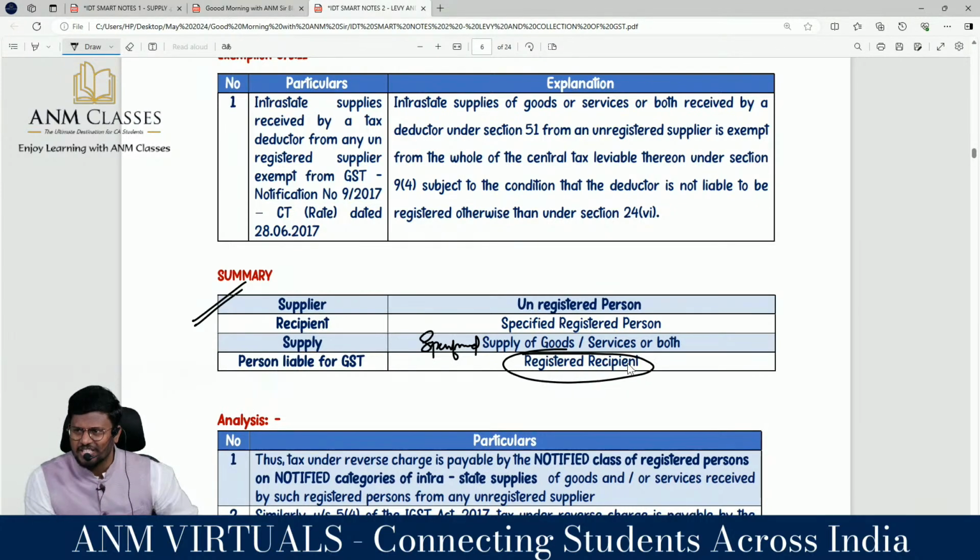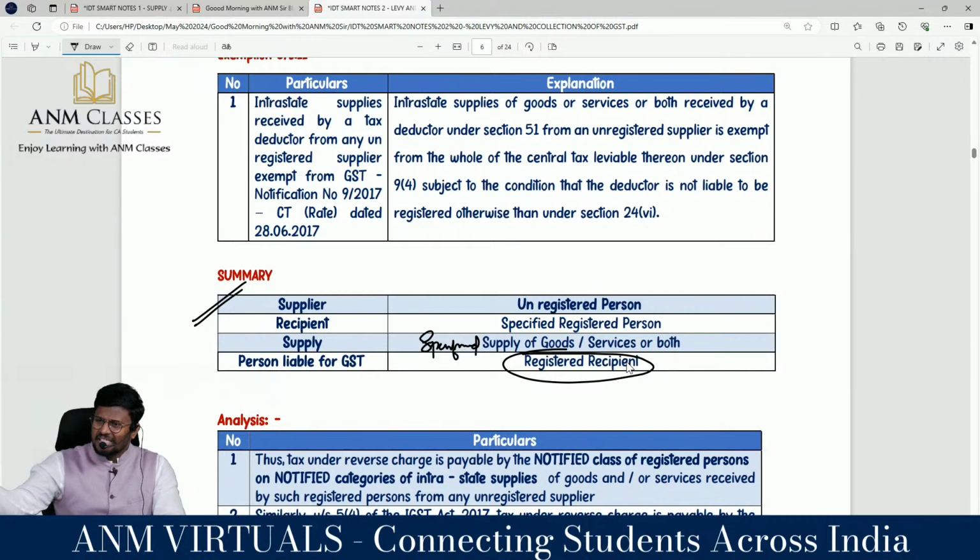registered recipient. As per section 9 subsection 4, sir, even in 9(3), we will be notifying the goods or services or both, correct? Those services we have already done. Yes, all that part 1, part 2, part 3, part 4, part 5 are services, correct? Yes, which are services. To that list for our examination, even this has also been added. But 9(4) is having 4 conditions.